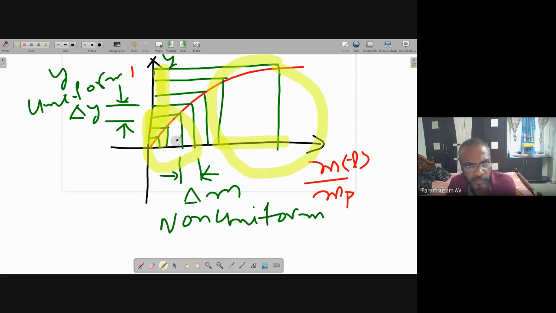So for small inputs, you are getting the small step size. For large amplitudes, you observe that this is the large step size. This is the large step size for large amplitudes. So this is the graph for the compression between input and output. How is non-uniform quantization obtained? First, you compress the input signal, then apply the uniform quantization.